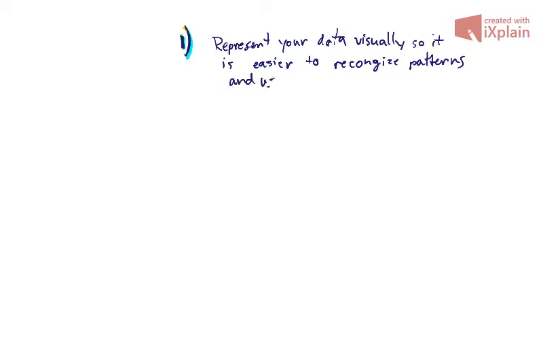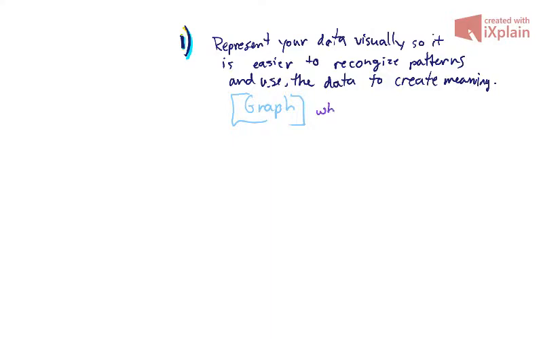And use the data to create meaning. All right, and how do we do that? One big word. A visual representation is a graph. All right. And what do you graph? Well, you graph your experiment's